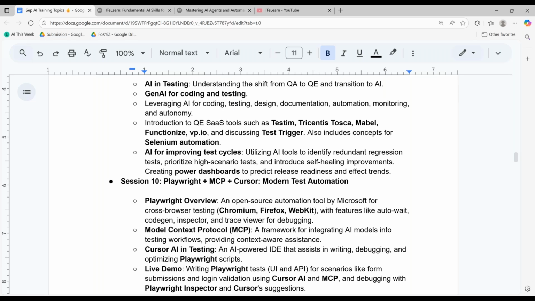Playwright MCP Cursor, another huge concept, team. Playwright is from Microsoft, and it's a tool that helps to automate. It has been well adopted and received in the software testing and automation world. Now, there's a whole concept of MCP, Model Context Protocol. It basically lets me connect to Playwright and its features and its capabilities without me having to install or set up Playwright at my end.